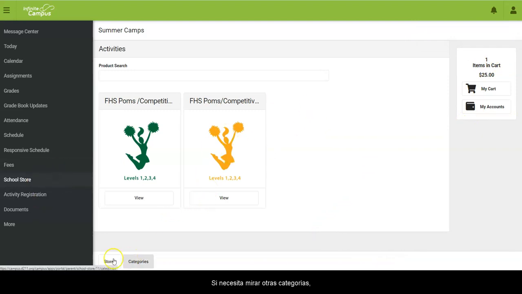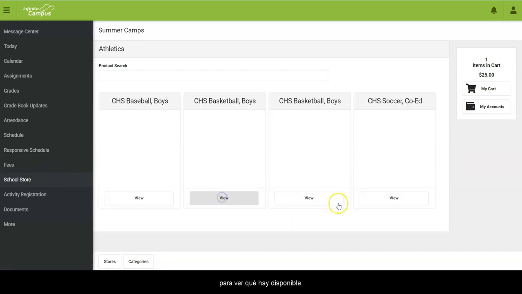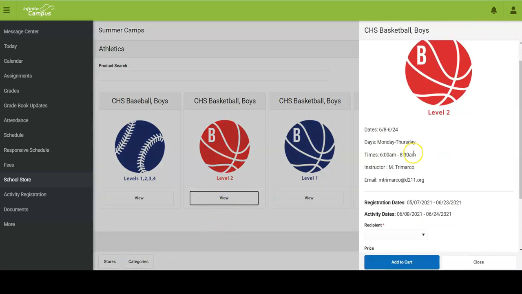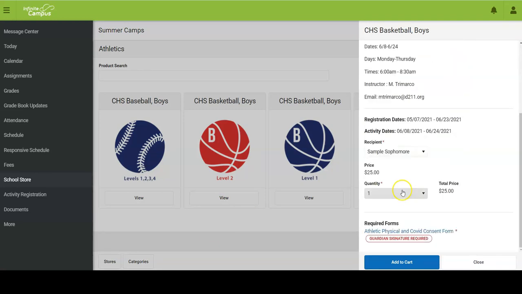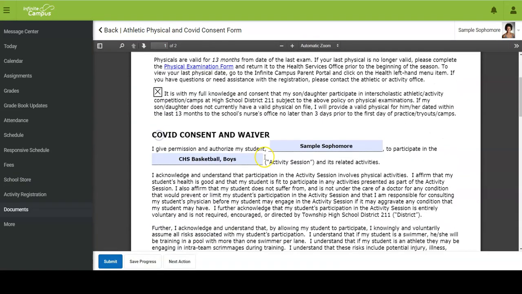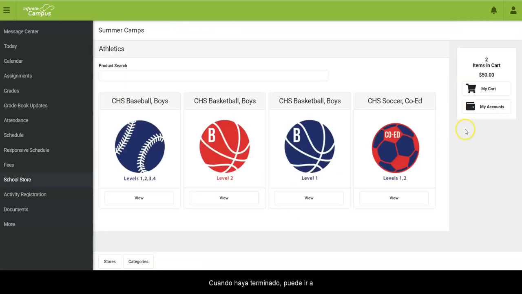If you need to take a look at other categories, you can click Categories and then see what is available for other levels as well. And again, you can click View and Student. And if you have more than one student, you would need to sign the form for each student with each activity. When you are done, you can go to My Accounts